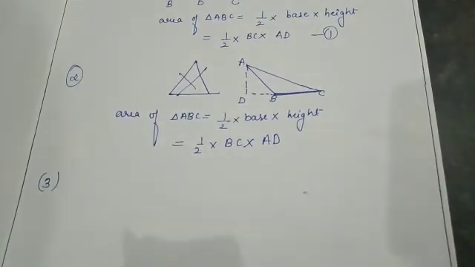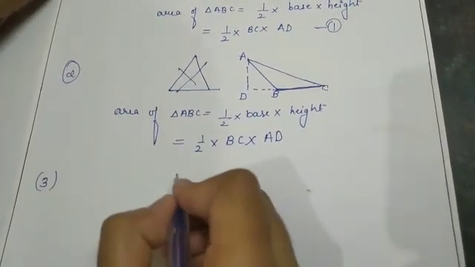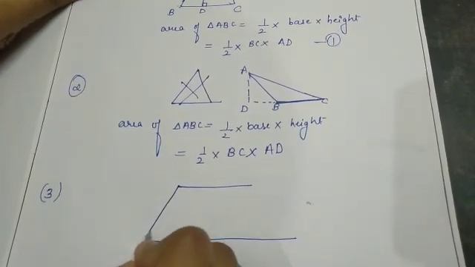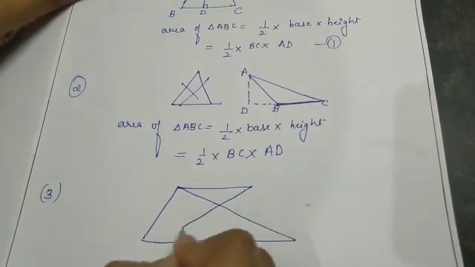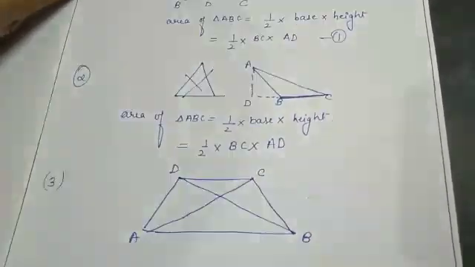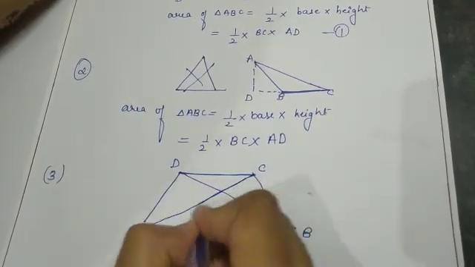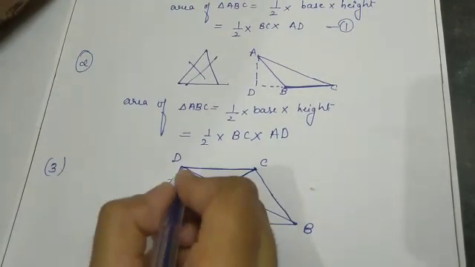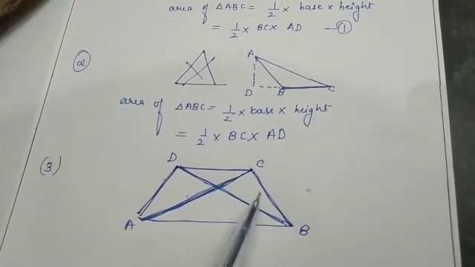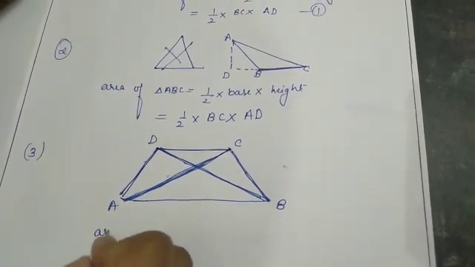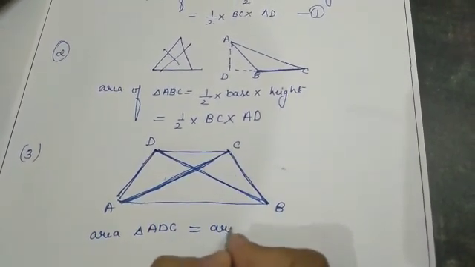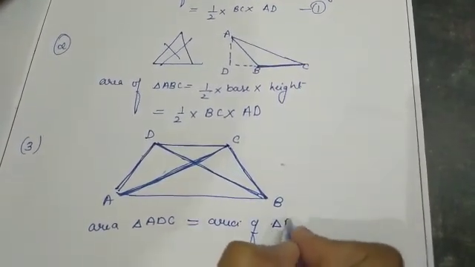Last thing is, if there are two parallel lines and triangles are made between these two parallel lines like this, and we name it A, B, C, D. The two triangles are this one and this one. So we can say that the areas of these two triangles are equal. So the area of triangle ADC is equal to the area of triangle BCD,